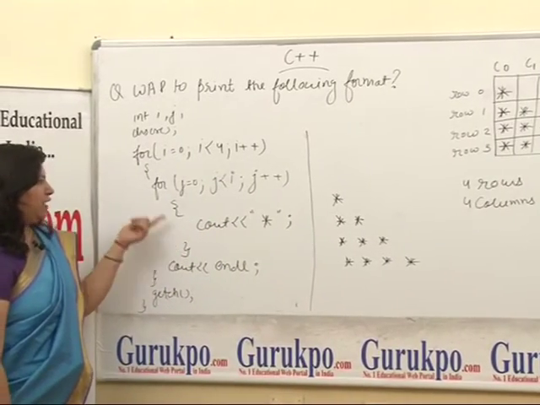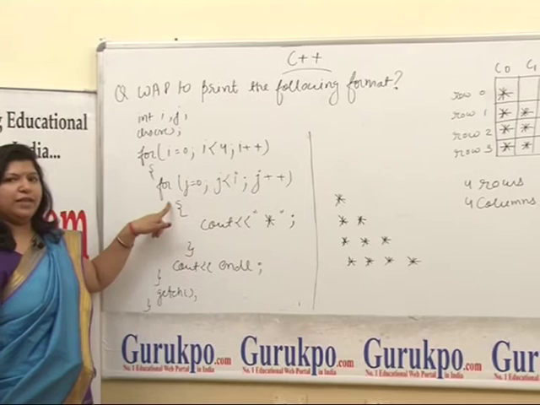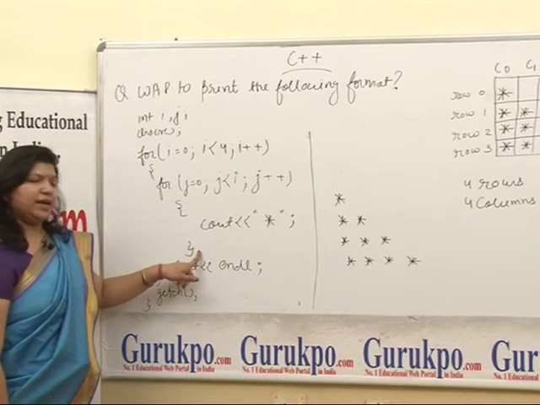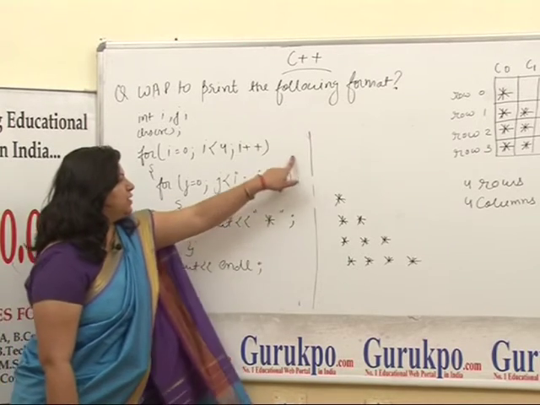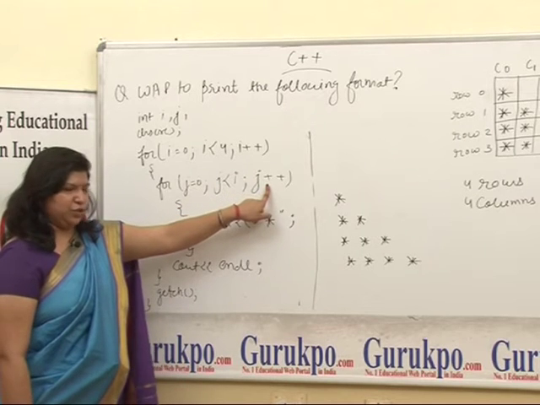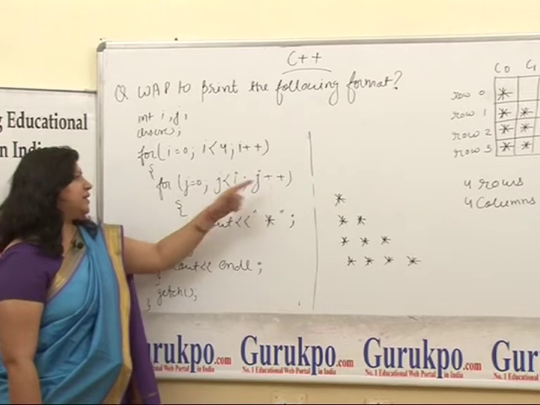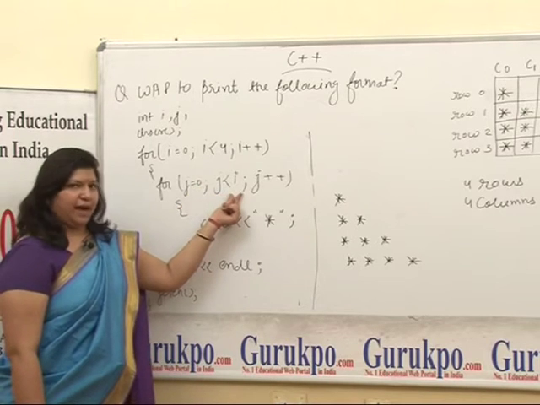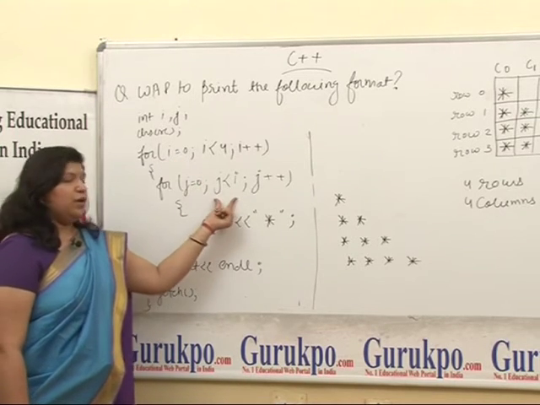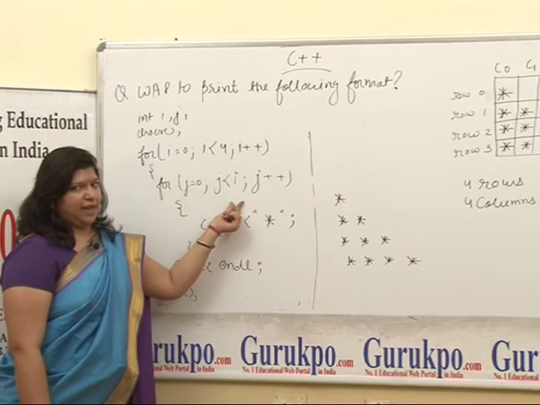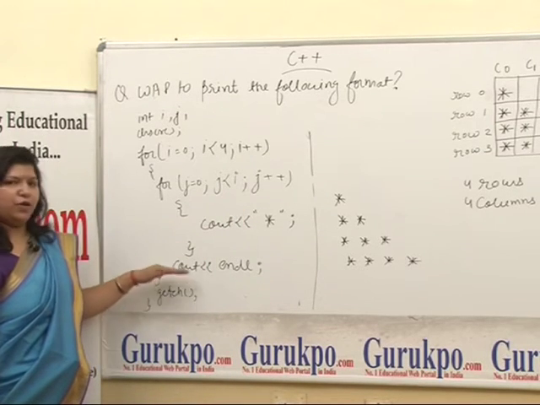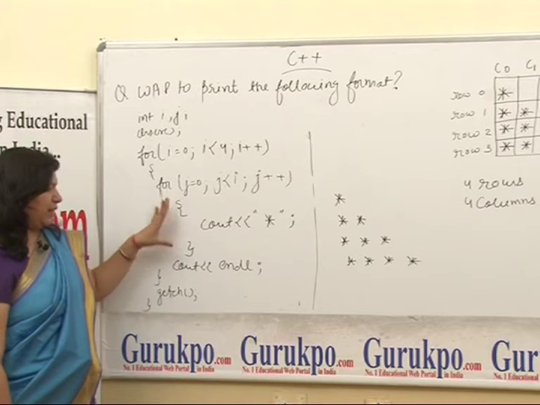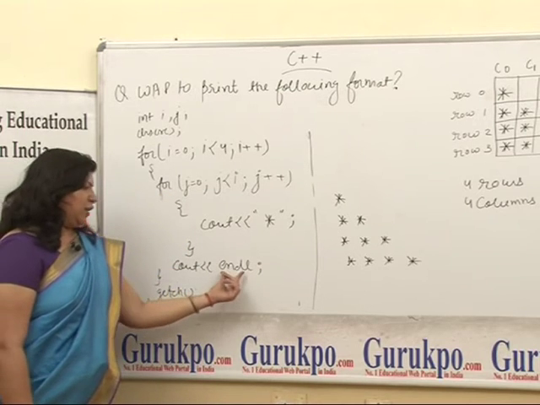Now we have the end of this for loop. As we know, whenever this for loop comes to its end, it goes to the increment or decrement portion. So j plus plus means 0 will convert into 1, and then 1 is less than i, where i is 0. So 1 is not less than i, the condition is false. So you will directly come out of this inner for loop, and then you will go to this cout endl.